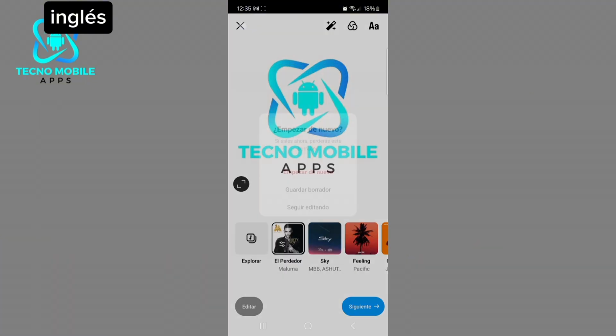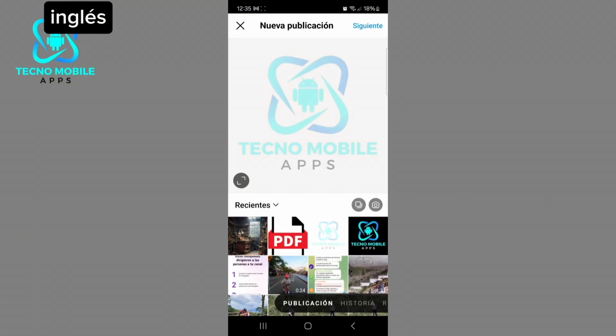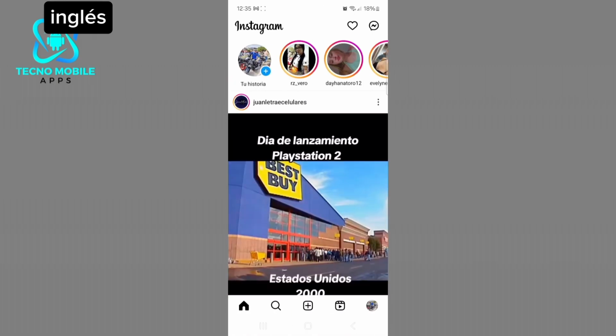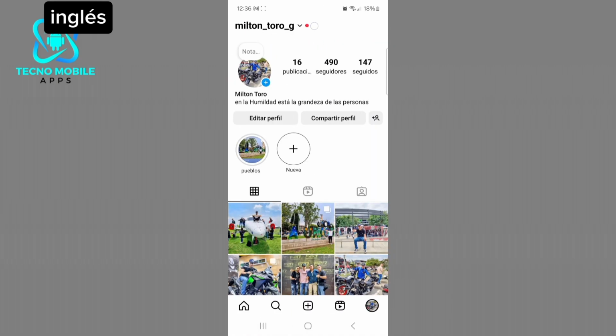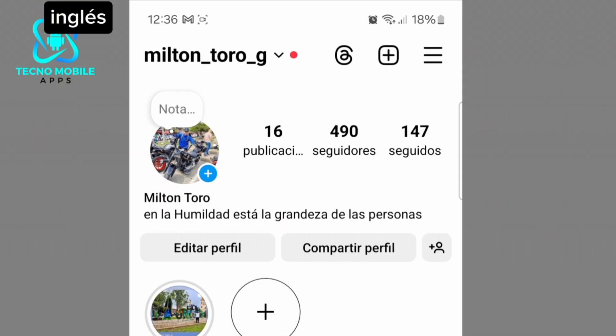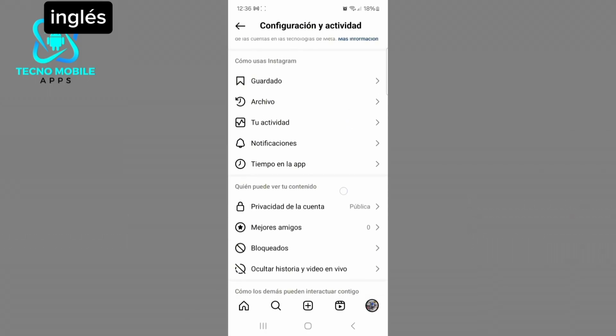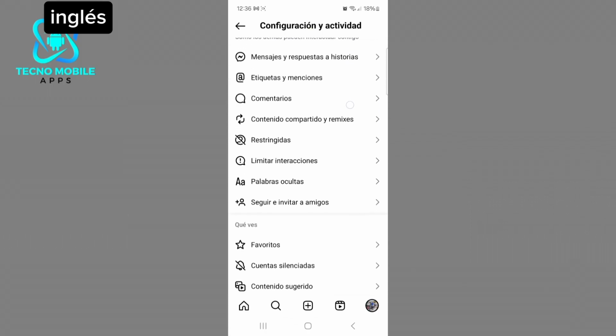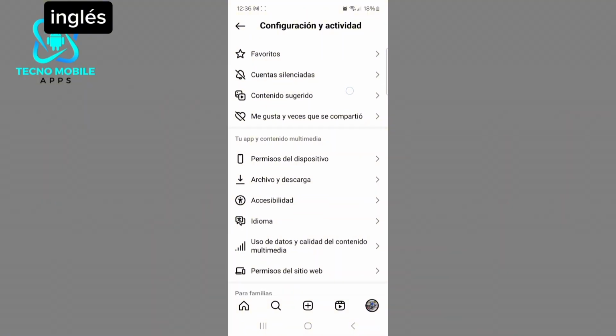So what we are going to do is go back. We are going to delete this post. We are not going to publish it yet. We go to our profile and then click on the 3 configuration lines to get more options in this upper part. Here we are going to scroll down and look for the option that says, I will show you now,